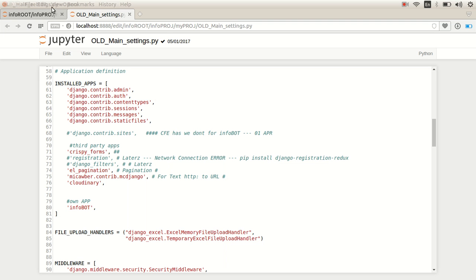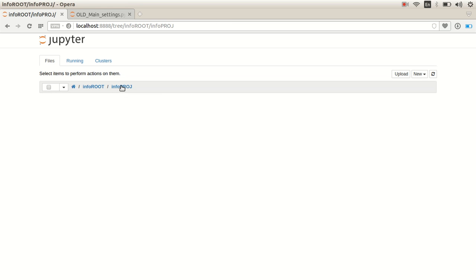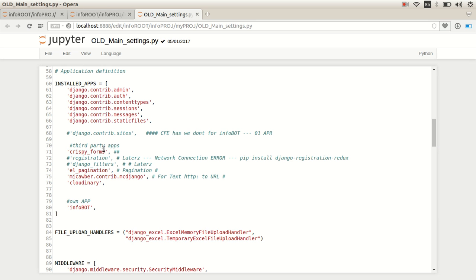Now, having seen this, I stop over here, I do not go further, I go one level above in my directory structure, and I see over here I have Infobot. So this Infobot I open up, and I also have Django XL, and I am using Django XL, but you don't see Django XL listed over here anywhere. Why? Because I have imported it as a package. I have not included it as an application. So over here, down here, the very next, I say file upload handlers, and there I have Django